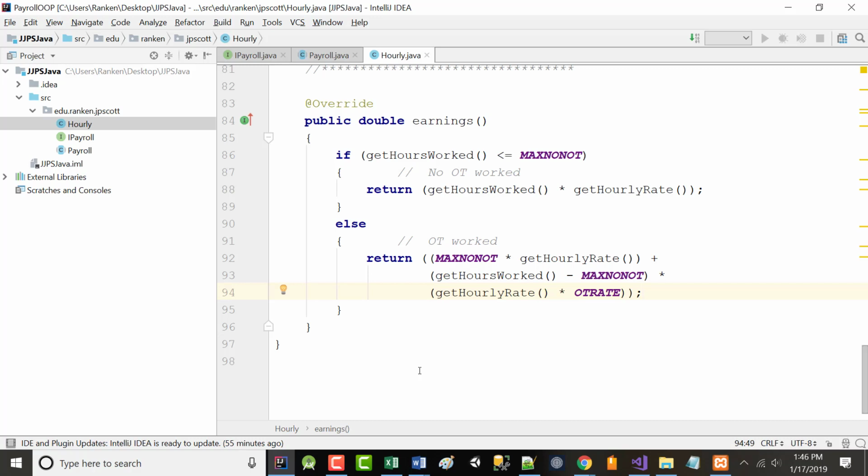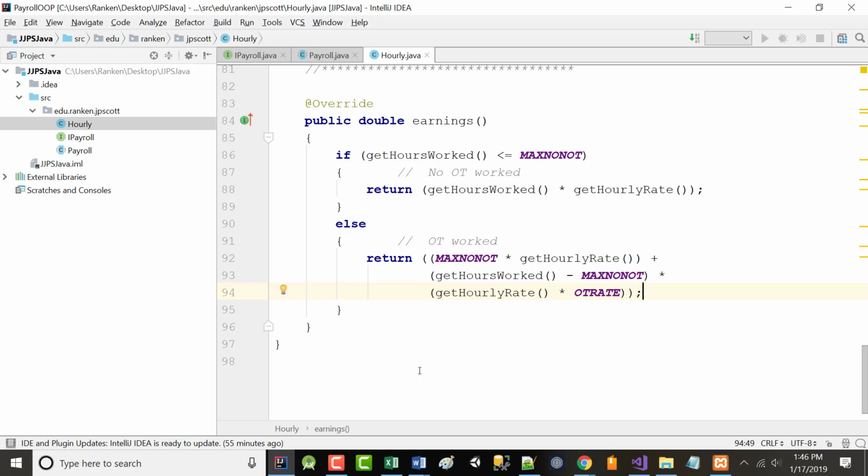That's right. The second one, this is paying them straight time for their first 40 hours. So that's 40 times 10. Again, that's that top line. Then we want the hours that they worked, which is 50 minus that max OT. Okay, that's 10 right there.